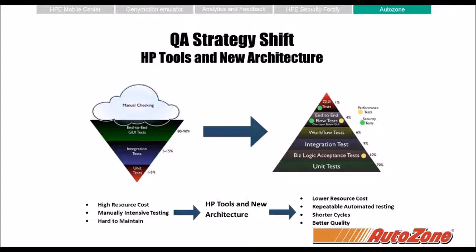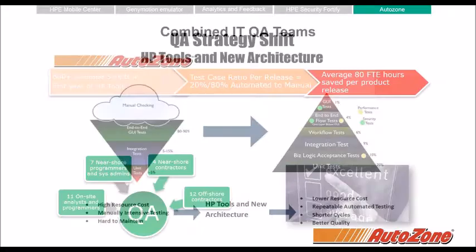By getting the new HP tools along with Mobile Center in-house, we're shifting left, obviously, on the SDLC, which is the big buzzword these days, and we're moving more towards investing upstream in lots of unit testing and being able to do automation as a form of those repeatable, repetitive tasks. And we're introducing security and performance testing into our life cycle as well. So we're basically flipping the model upside down and being able to find those issues earlier in the life cycle. So we can go to the next slide.